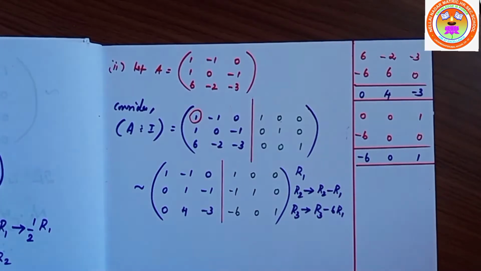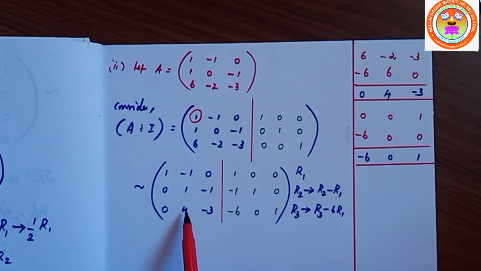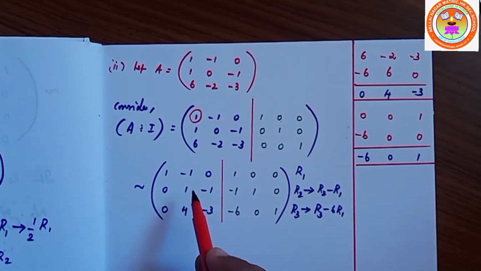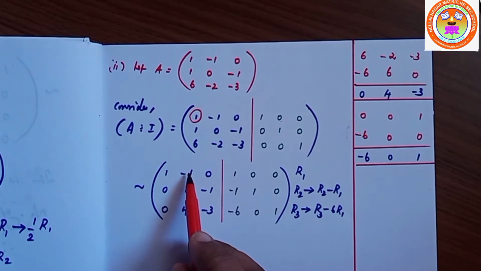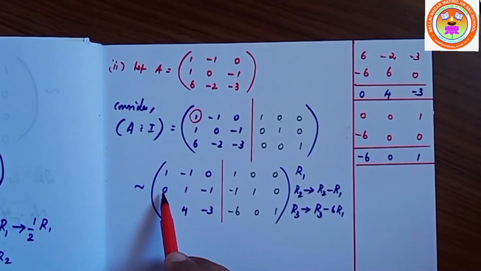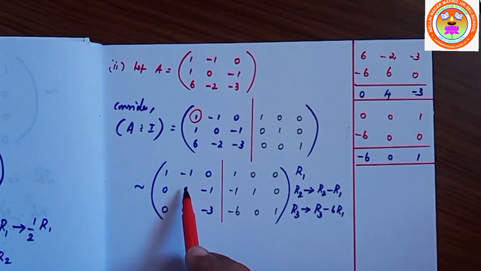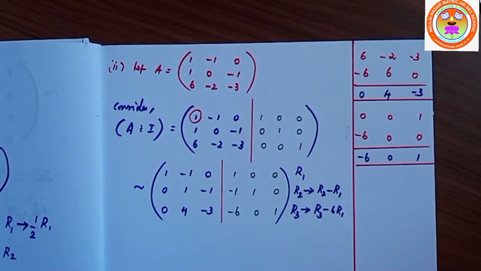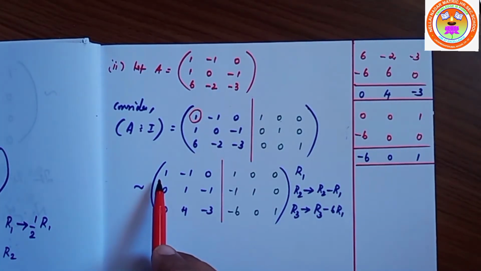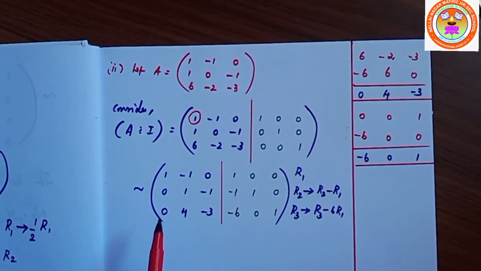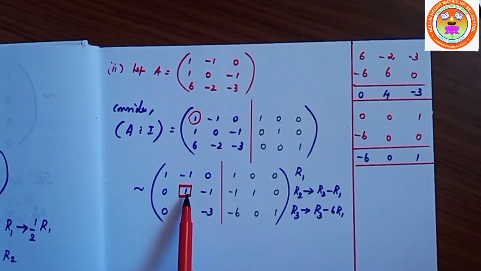Okay, now look at the first column. We have 1 0 0. After that we have to convert this element as 0. This one is 1, this one is 0, correct? 1 0 0, 0 1 0, 0 0 1. That is identity matrix. So already this is 1. So all the diagonal elements should be 1. Then it should be 1, it is 1 only. So with the help of this number we have to make these two elements as 0.